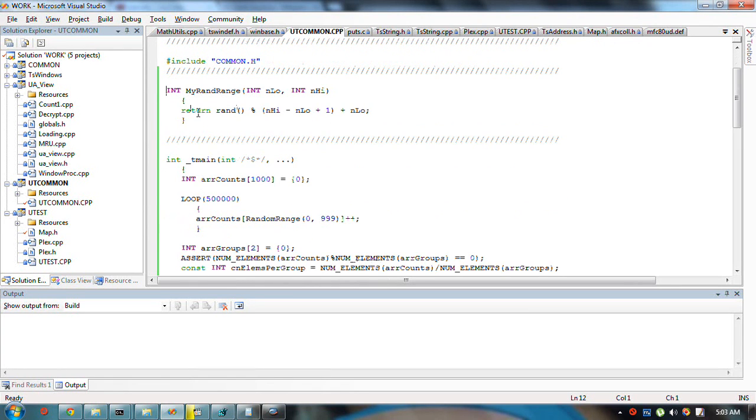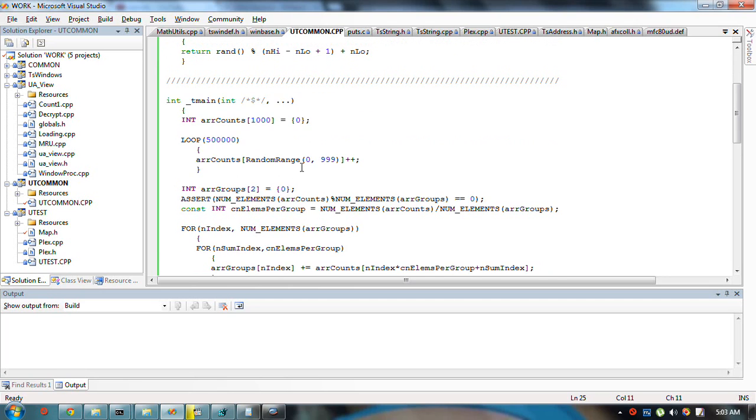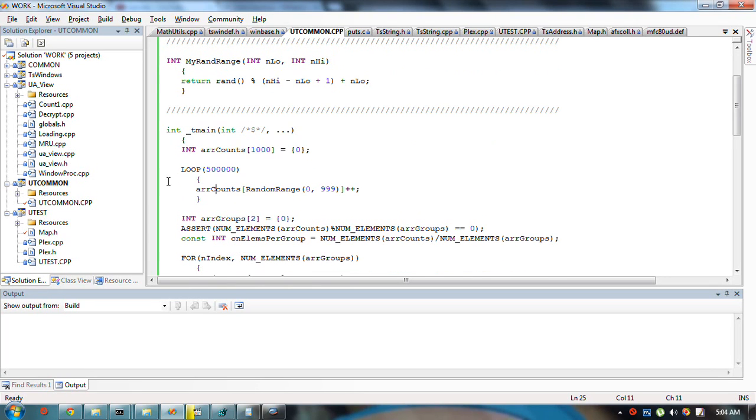Something that gives clumping is no good for a random distribution. And in a similar vein, making a good associative array depends on 2 things. One, the range of input, the type of data that's being input,